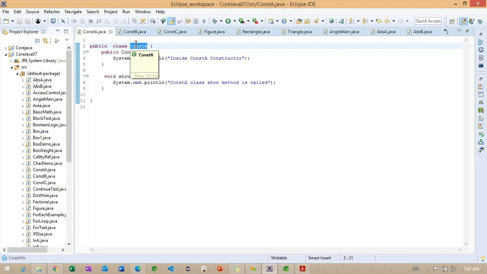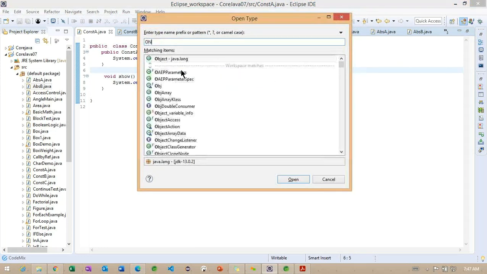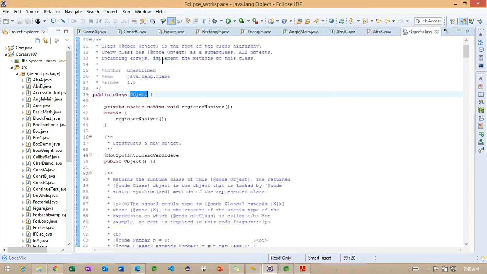By default, whenever we create any class, these classes extend from the class called Object. So this is the main class. All the classes are going to extend from this particular Object class here.